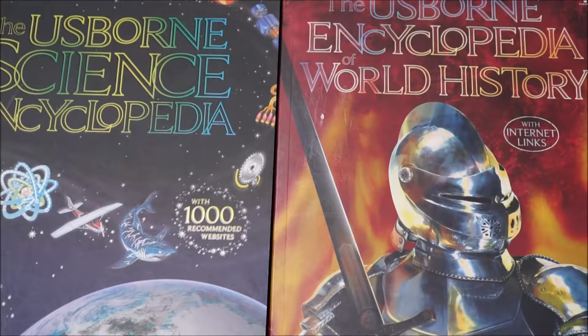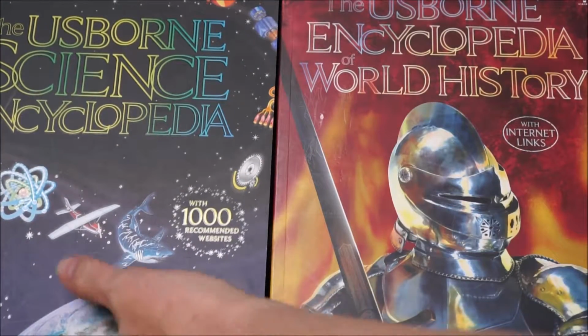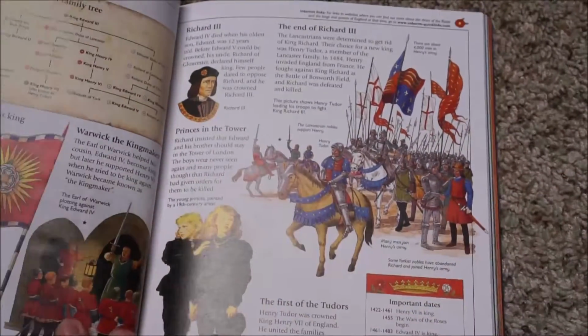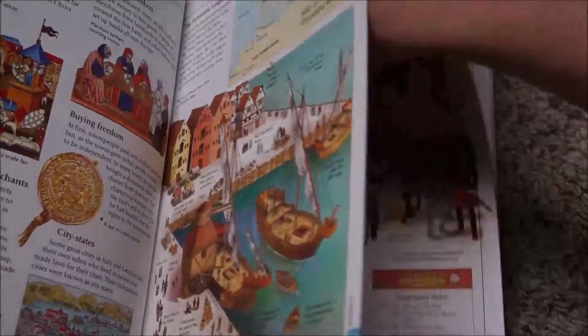I actually came across Usborne books when I started to research different curriculums for homeschooling last year, and I kept seeing the name Usborne pop up over and over again. So the first books that I purchased for myself were these 3 volumes of this encyclopedia. They've got geography, science, and world history, and I was blown away with how high quality they were. As you can see, they have beautiful illustrations and just quick tidbits of information near each one, and they're engaging